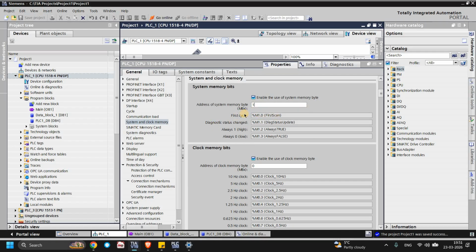The first scan. First scan means, normally the PLC scan cycle, as we already know, maybe I told you in the first video. The PLC will first read your input status, then execute your code, then write your outputs, right? That's the scan cycle. First read the inputs, execute your code, write your outputs, then it loops again, right? Now if you power off your CPU and power on again,